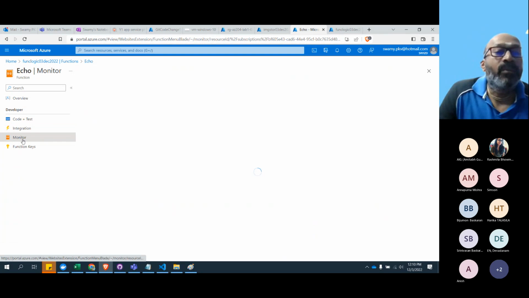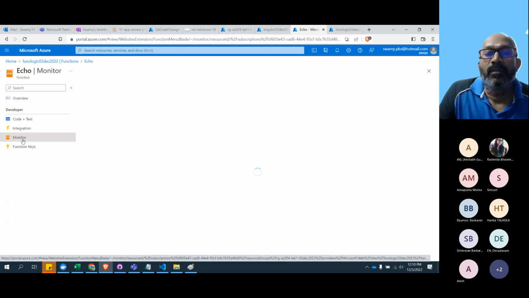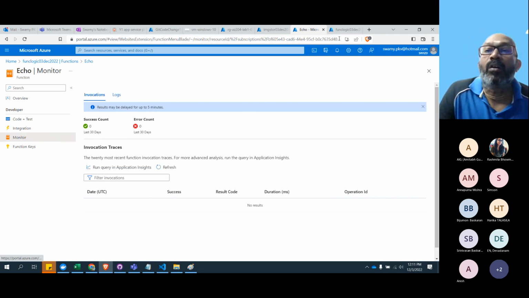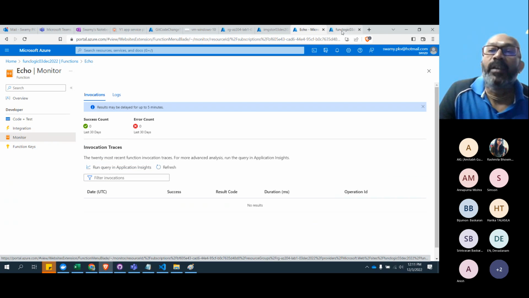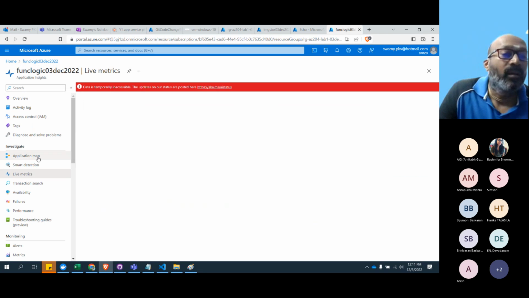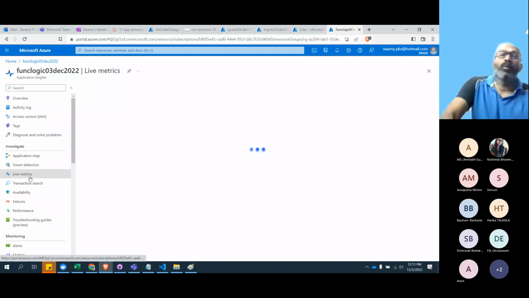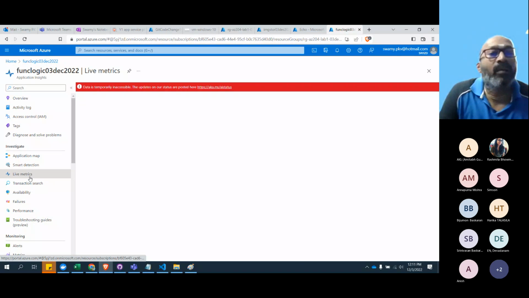Now you can come back to the echo. And if you come to the monitor here, under monitor, it will have all the previous logs. It takes time, but we'll come back. So let's see the live metrics. Because of all the clicks, whatever we are doing, the data is temporarily inaccessible.